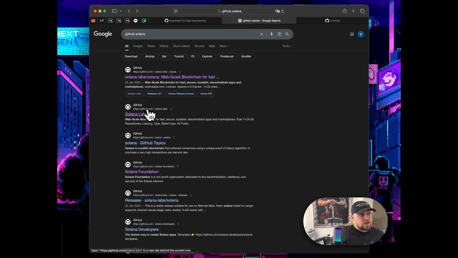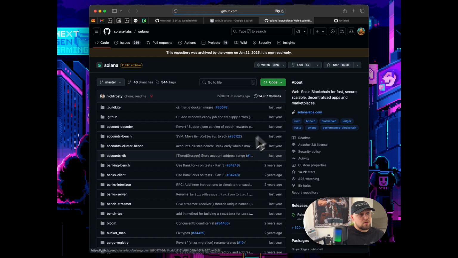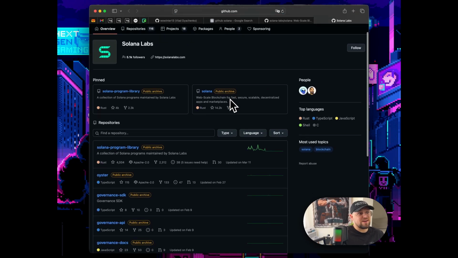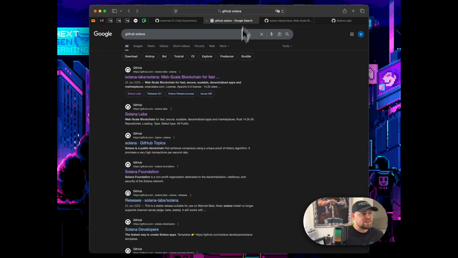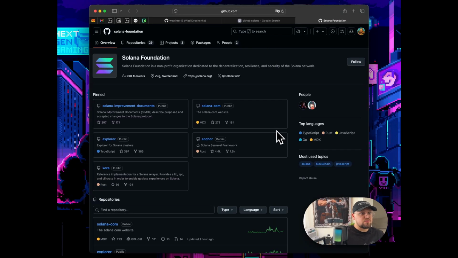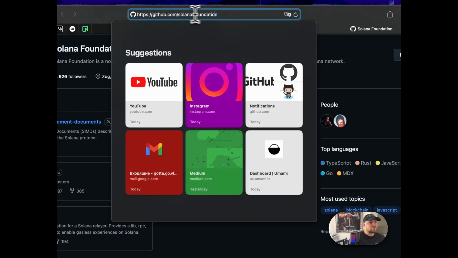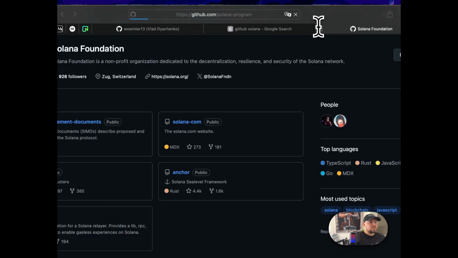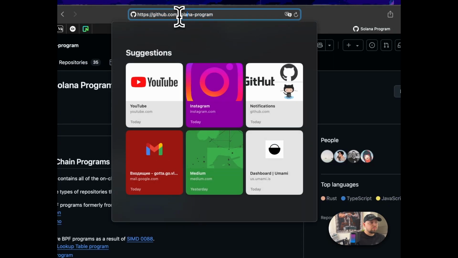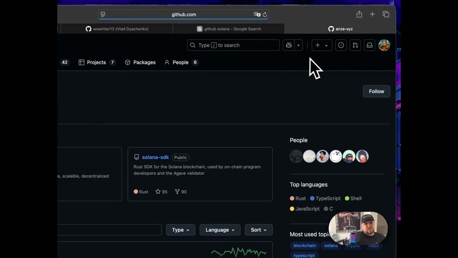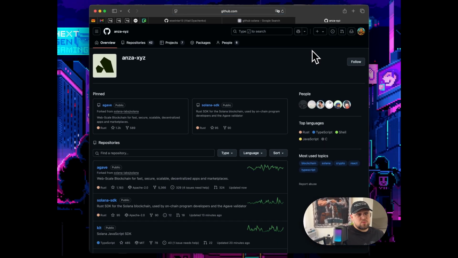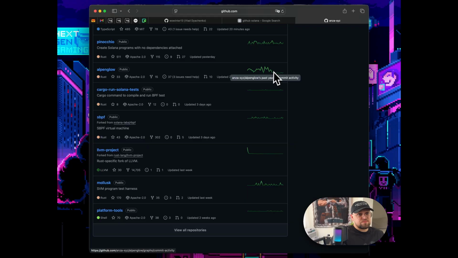And here is the first problem. If you're not familiar with Solana, when searching for their GitHub, you will find an archived version. Only the link number 4 will point to Solana Foundation. In reality, Solana is split between 3 organizations. So we have Solana Foundation, Solana Program, and also Anza, and Anza XYZ, with a ton of projects and repos.